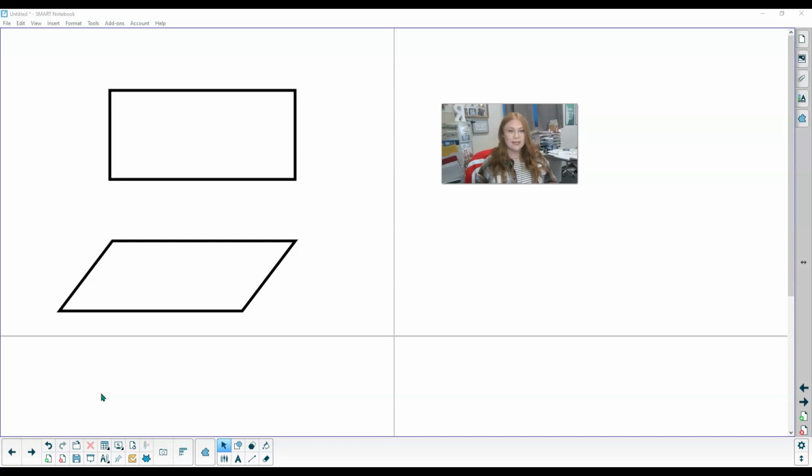For 12.2 hands-on, we are going to start talking about the area of triangles. So you're going to get a paper from the manipulation station that will look like this. It will have a rectangle and a parallelogram on it. So what you need to do is cut out the rectangle, cut out the parallelogram, clean